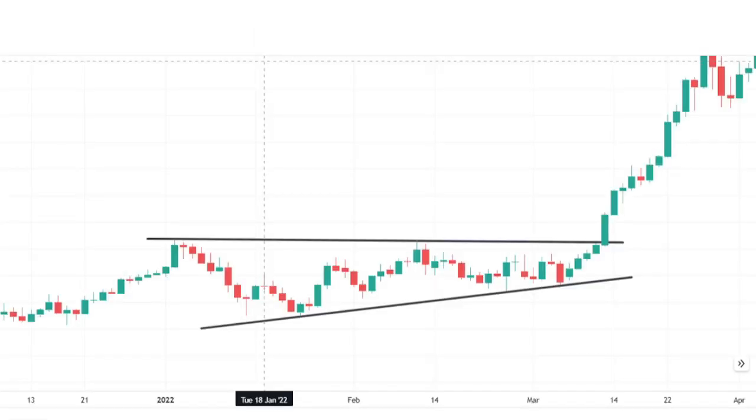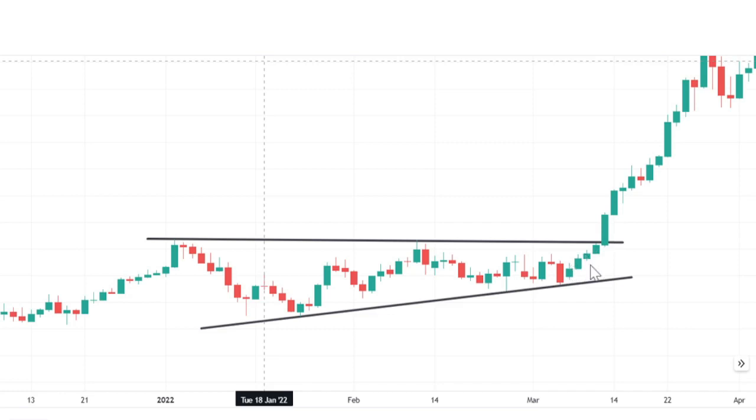So here is an example of an ascending triangle where the price makes a movement upward and closed above this line. We see that this price here was constant, and there were at least 3 to 4 touches on this line, and this candle closed above this line. So if we enter this trade here on the breakout, then we can always put our stop loss 3 candles